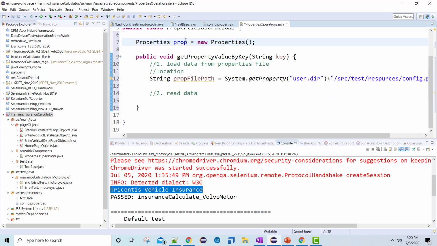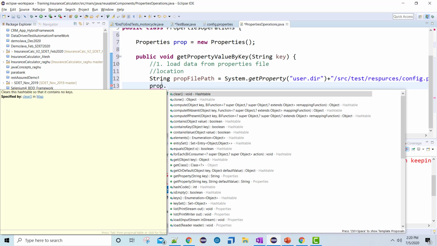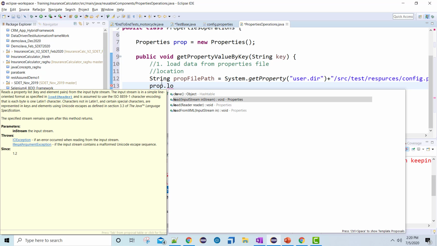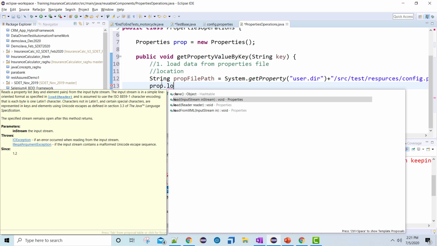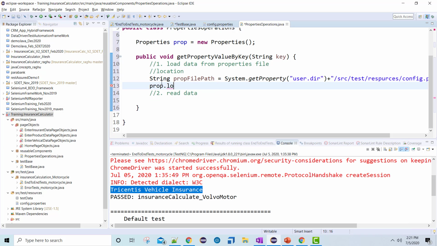How? If I take this object prop, there is a method called load. You see this load method has two inputs: the first one is an InputStream and the second one is a Reader. That means I want to get the data in the form of an input stream, so I want to create an object of FileInputStream.